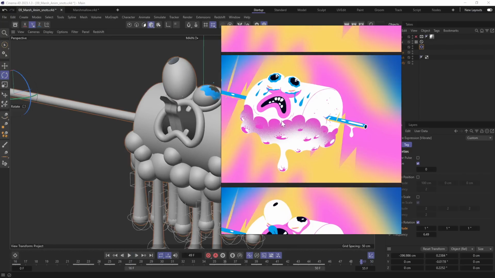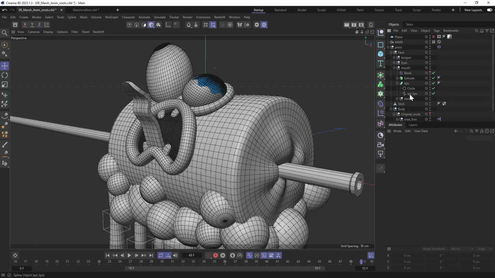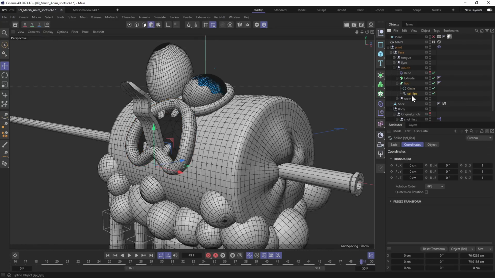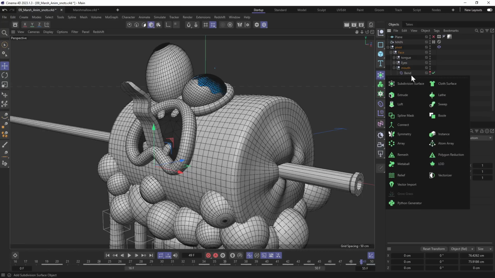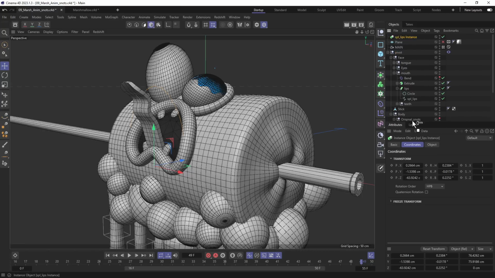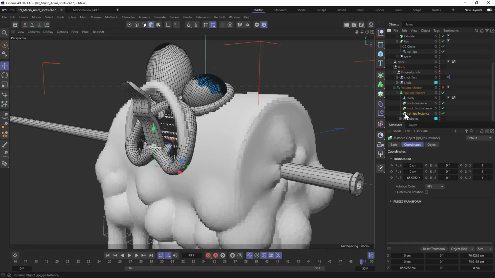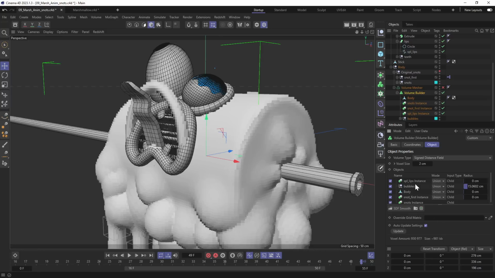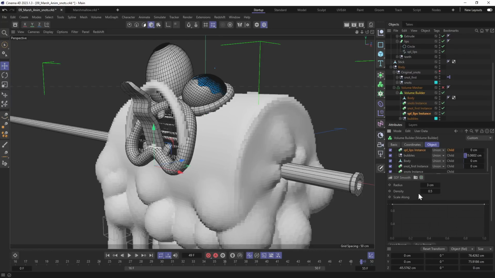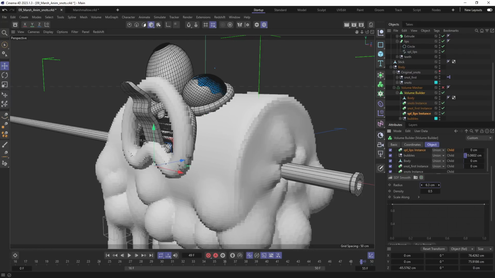Another idea, we can add the skin folds under the lips. For that, select the spline of the lips and then create an instance. Then place it inside Volume Builder. The Volume Builder also works with splines. Select Volume Builder, find the spline in Object List, and you can adjust the radius. It works very similar to Sweep Generator.